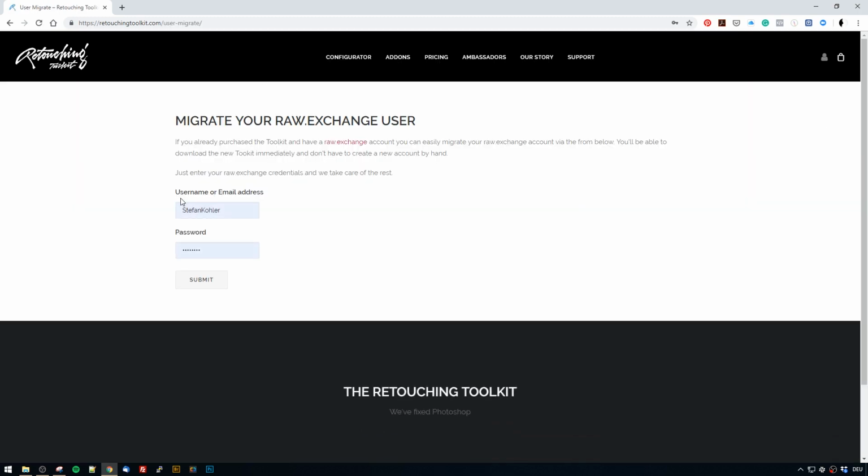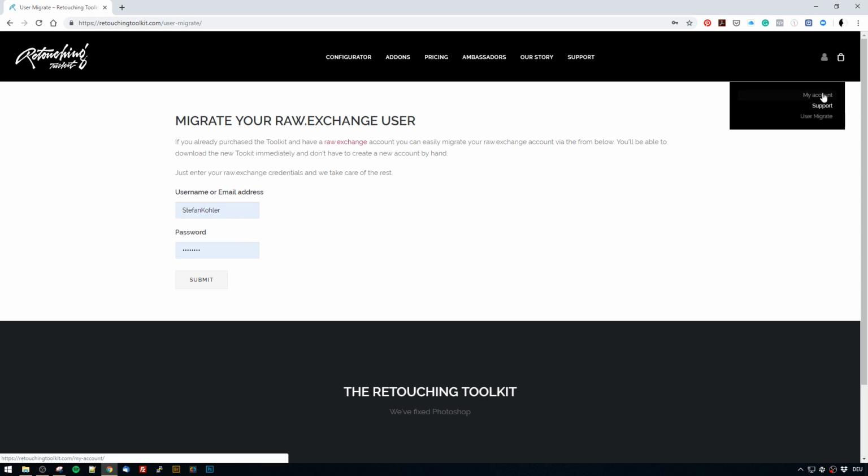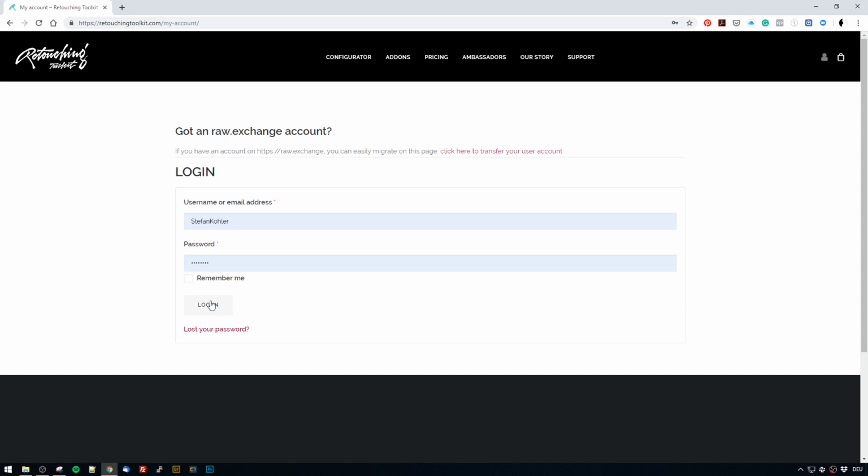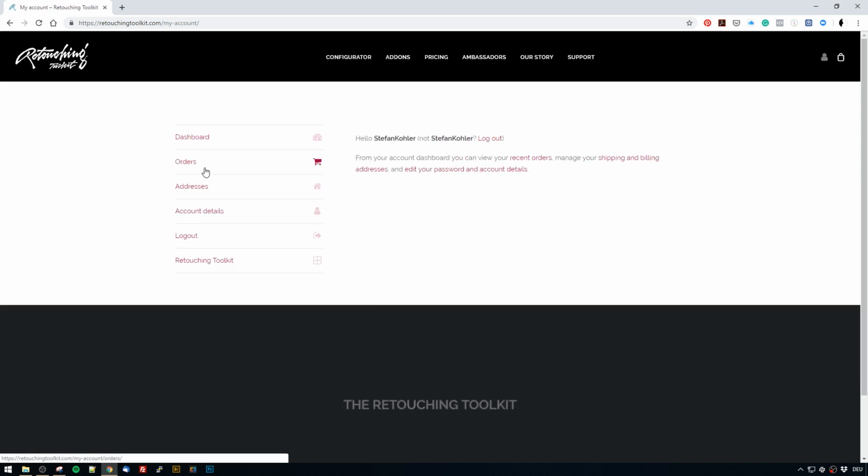User migrate function: you use the login from raw.exchange, and as soon as you submit this, it will create a user for retouchingtoolkit.com, and it will also transfer your license from the old page to the new one. So that's a very simple process. If you have this account, then you can just log in with the old login data, and you find this Retouching Toolkit button here